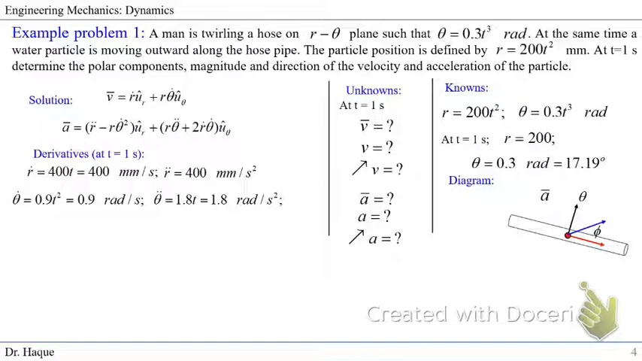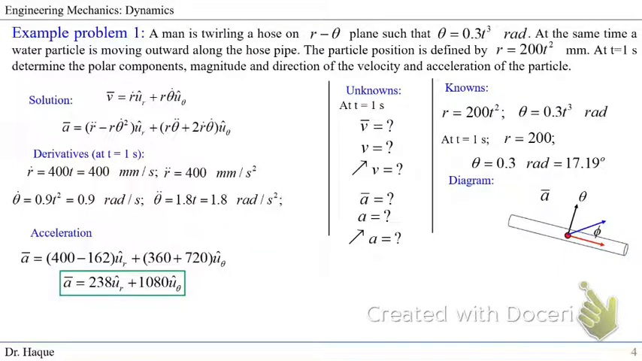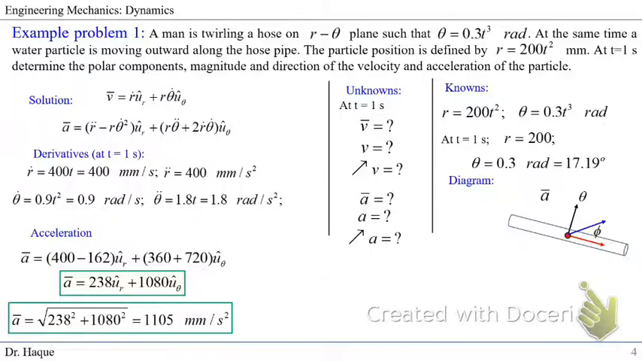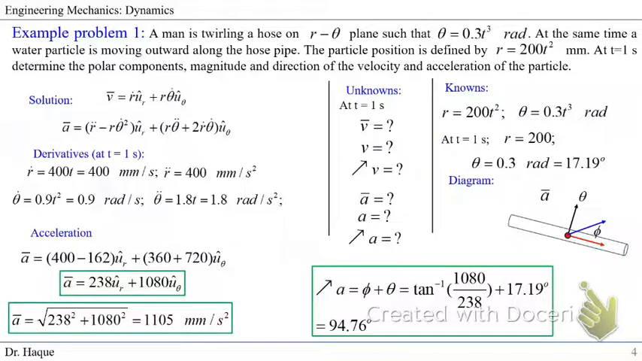Again, we're going to use the same values, the derivatives we found, so we're going to just plug them back into the acceleration equation. If we do that, the value of r double dot, r theta dot, we found this equation, and just simple math, we found the x and y component of acceleration, and the magnitude is found the same way, and that gives us 1105 millimeter per second square. And the angle, the same thing again. We have